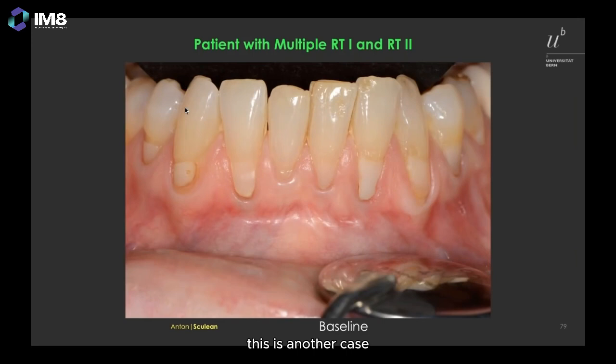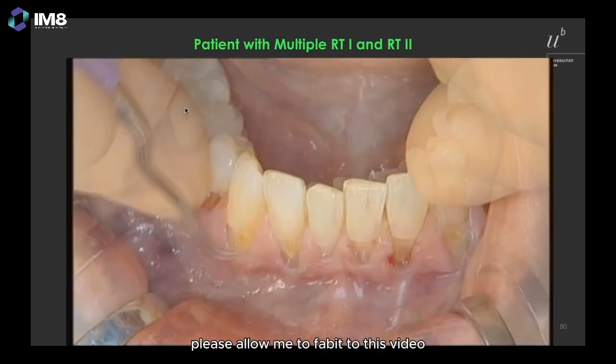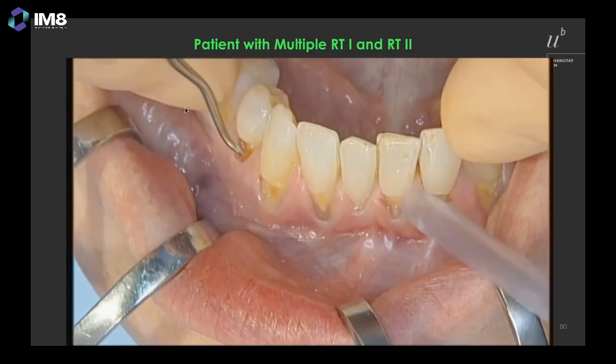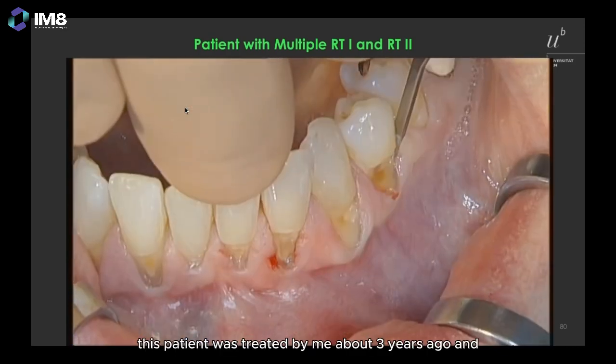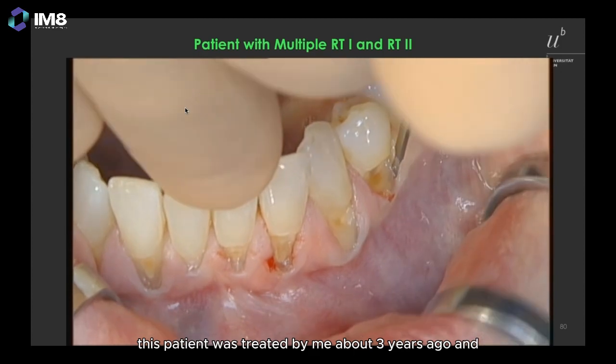This is another case, a patient that was treated with composite fillings. And of course, if you always renew the fillings, then you will damage the soft tissue, and this will result, in fact, in a further deterioration of the situation. Please allow me to share with you this video. This patient was treated by me about 3 years ago, and